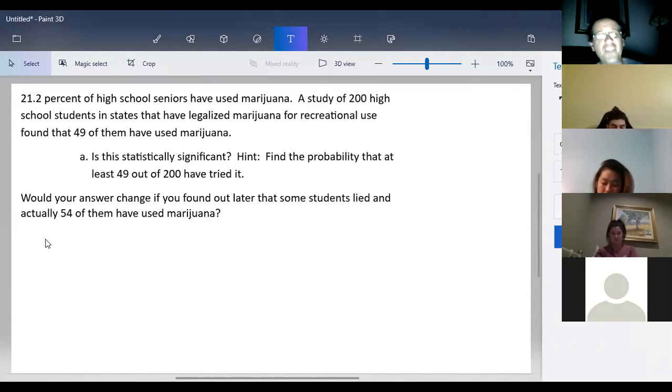Okay, so the first thing, a lot of people have trouble with this, is what inequality in math is the word at least? Is it less than, greater than, less than or equal to, or greater than or equal to? Greater than or equal to. I want to emphasize that because I see that mistake a lot on tests. So at least means greater than or equal to. Okay, so don't make that mistake of thinking it's not that. So that's the first thing, is we want the probability that is greater than or equal to